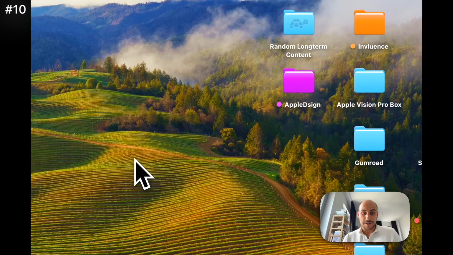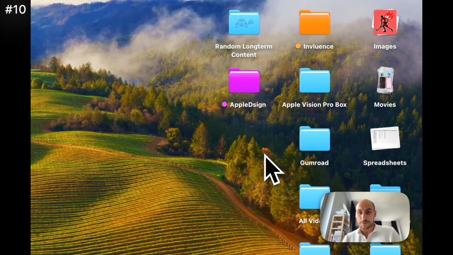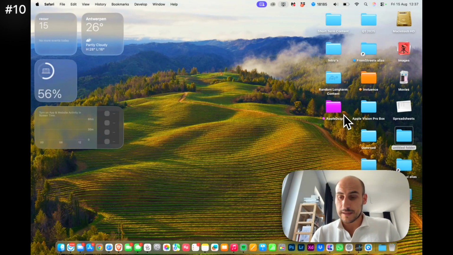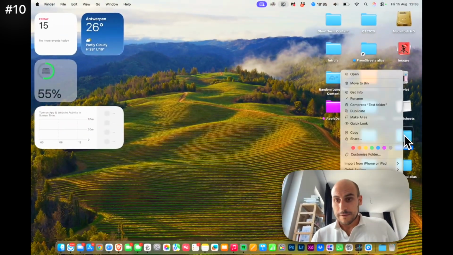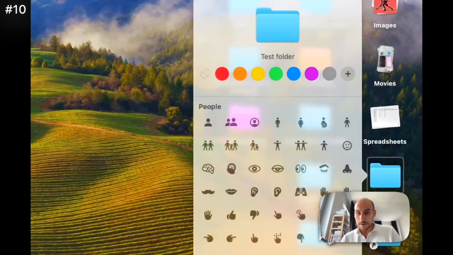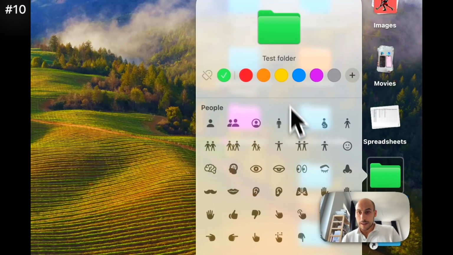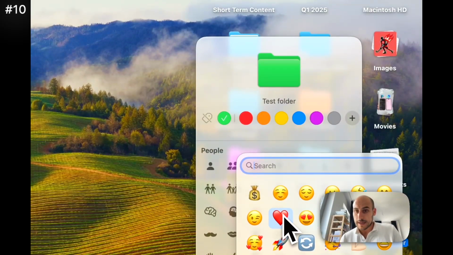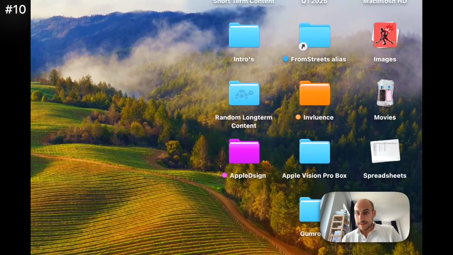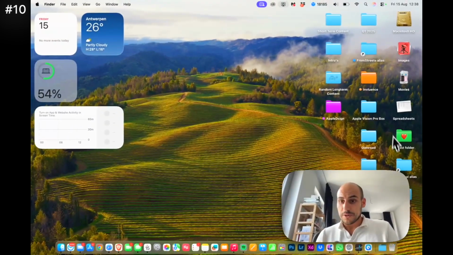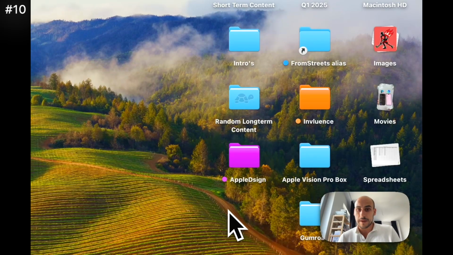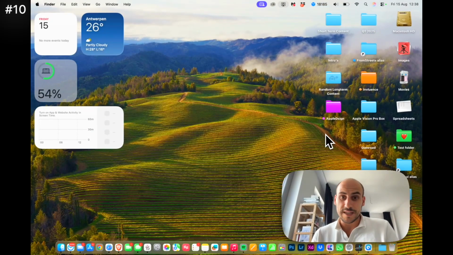Next, one of my favorites, and that is you have the possibility to create and customize folders. So let's, for example, create a test folder. Now, if you right click here, you have the customize folder option and you can give it any color you'd like. Let's, for example, go with green, and then you can add symbols or even emojis. So let's, for example, add a heart. Boom, just like that. You have the possibility to customize all your different folders in your own style. How awesome is this? I think this is something many people have been asking for, and it's now natively integrated